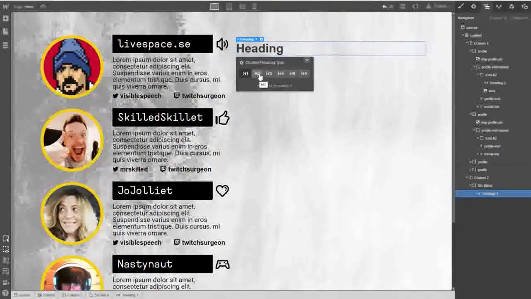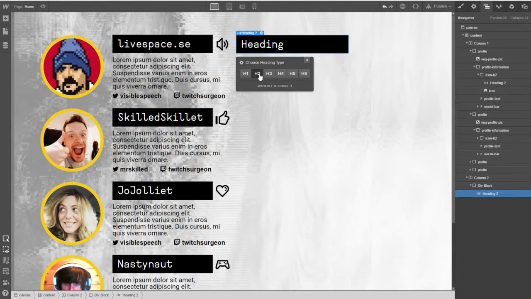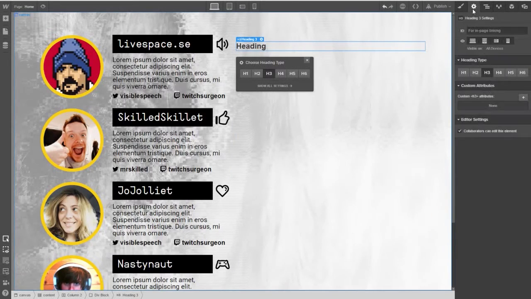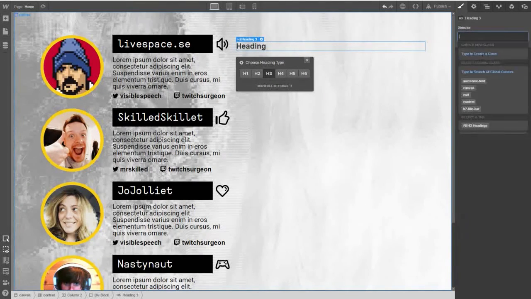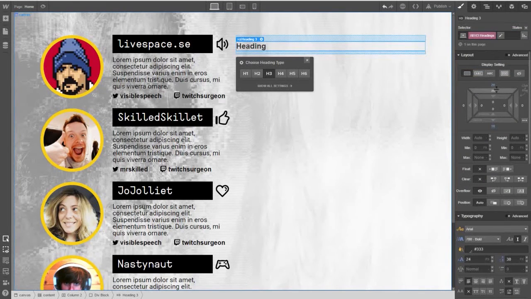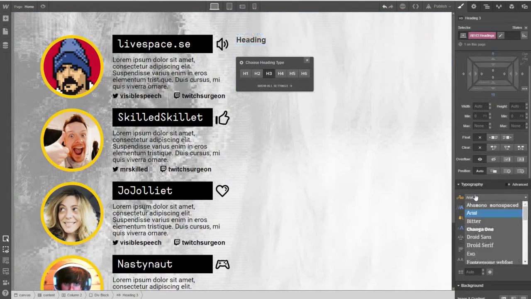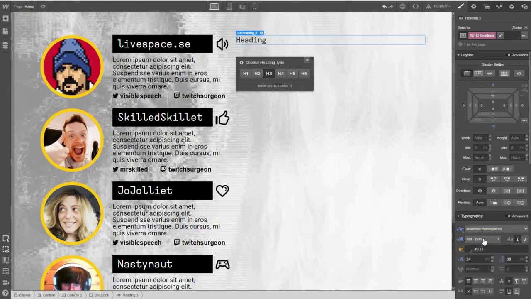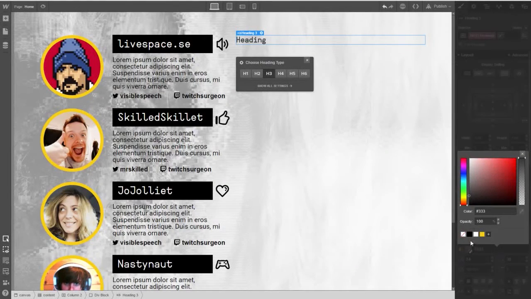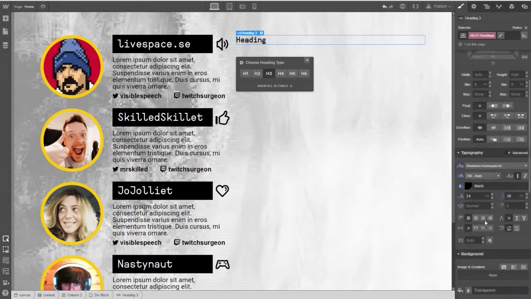We need it to be not a heading 2, because of what happens with heading 2. This needs to be a heading 3, I think. And we need to edit that for all. We're going to tell it to be a little bit bigger, yes. Change it to